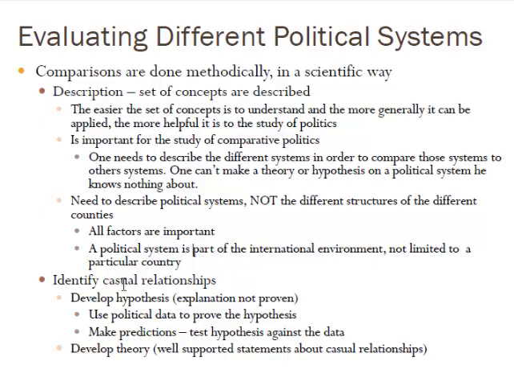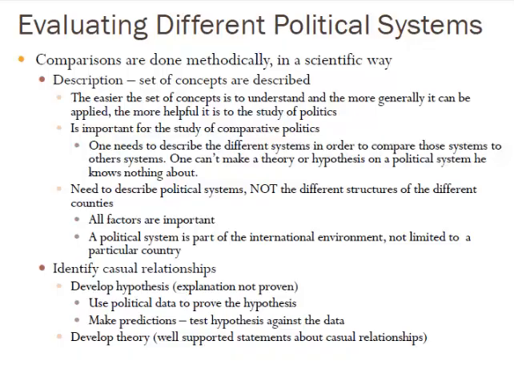We also use causal relationships. In other words, we try to figure out what the cause of a particular phenomenon is. For example, we might say, well, this country doesn't have a free market, and therefore this country's GDP is really low. Or this country cares a lot about social issues, and therefore this country doesn't allow certain types of immoral behavior. Again, these are all things that are important in studying comparative politics. You might say, if this country subscribes more to this religion, maybe because of that, the precepts of that religion will have more of an impact on its government and its laws.